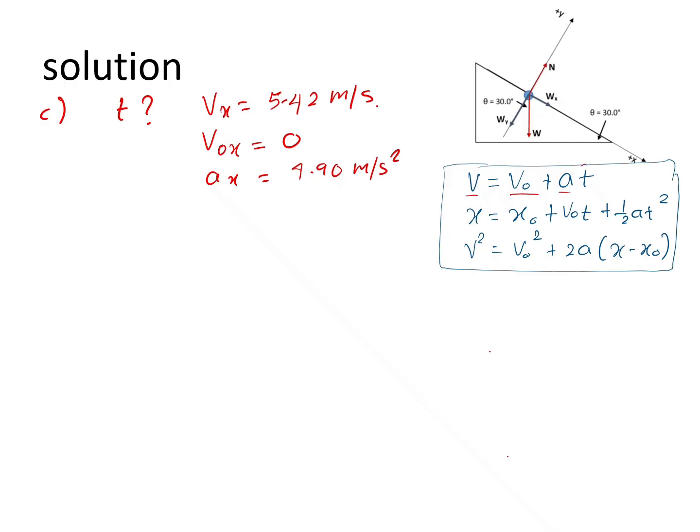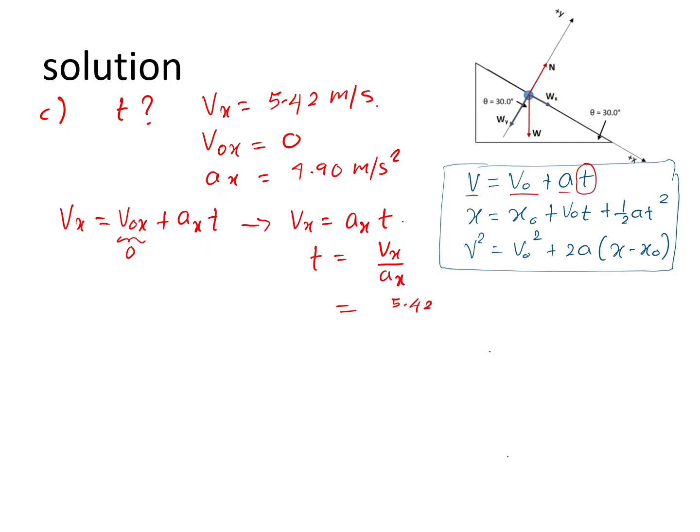The only thing we don't know is t, and that's what we want to find. So we can use this first equation, and v sub 0x is 0. So we get v x equals a sub x times t, so t is equal to v sub x divided by a sub x. That is equal to 5.42 meters per second divided by 4.90 meters per second squared, and this gives us the time,